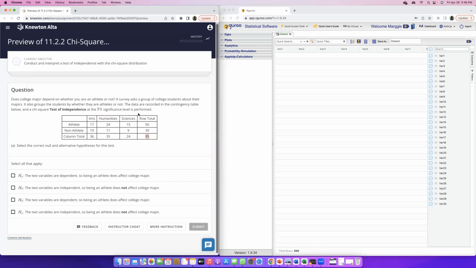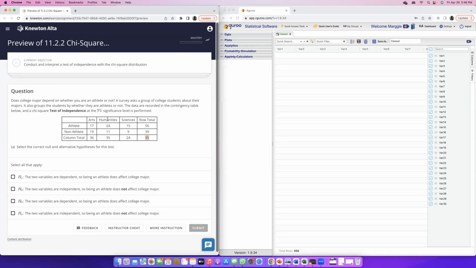So the data they collected is recorded in a contingency table. They show it below, and we are going to conduct a chi-square test of independence at a 5% significance level. Now when we talk about the null hypothesis and alternative hypothesis for a test of independence, the null hypothesis is that our variables are always independent, right? So the null hypothesis is that the two variables are independent, whereas the alternative hypothesis is that the